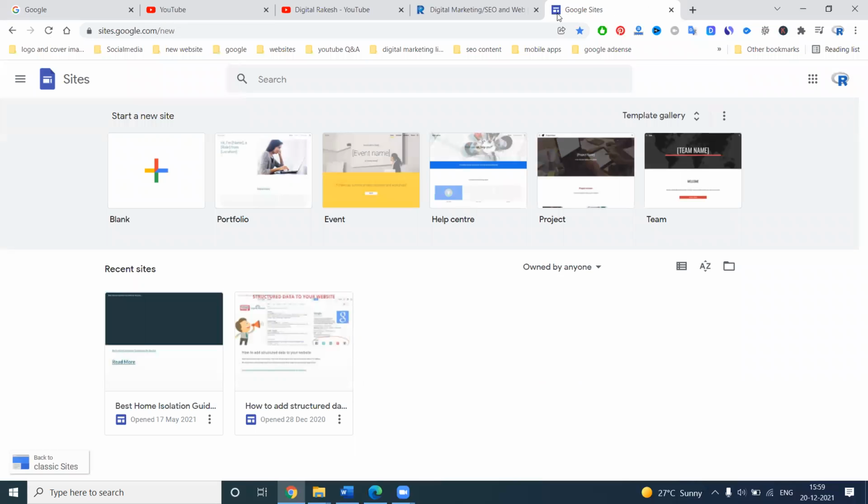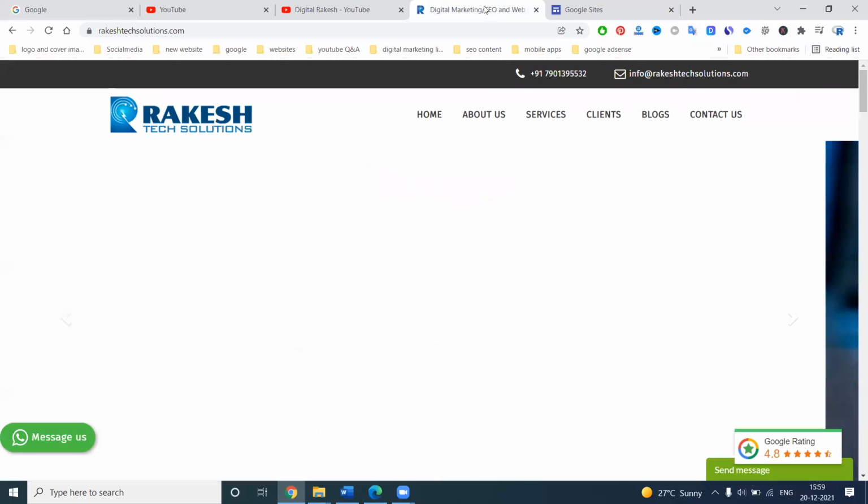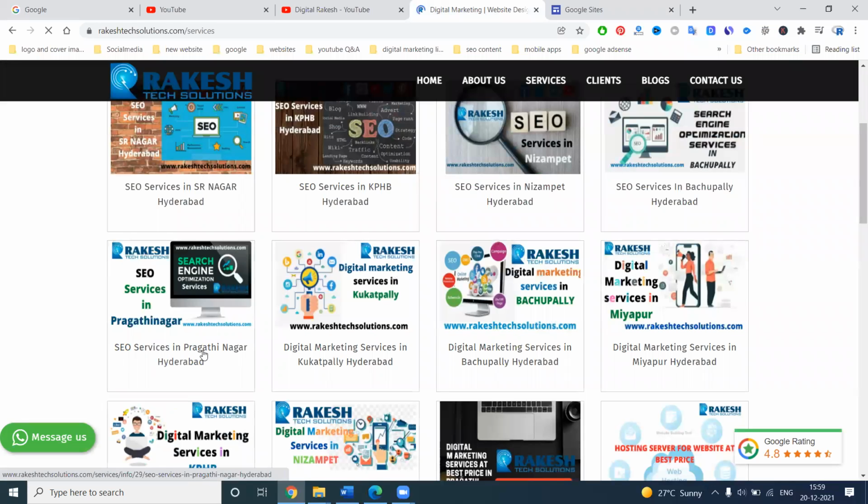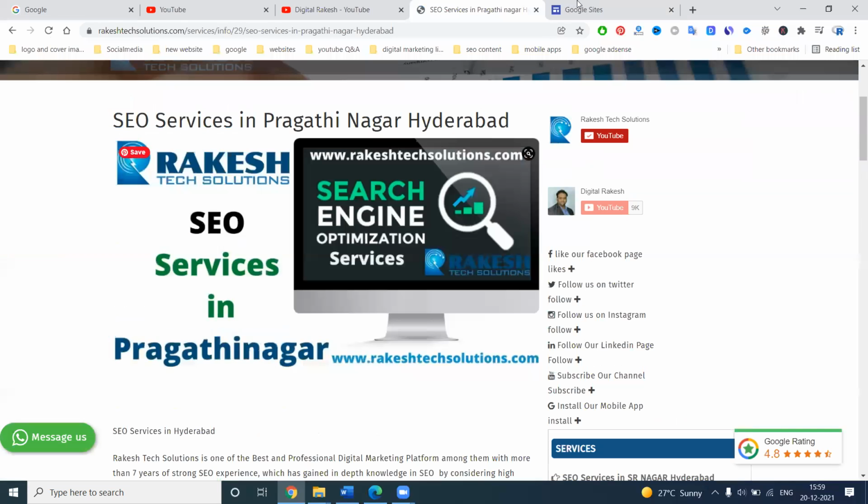On this website, there are two variants. The first one is for keyword building purposes. This is the same as a Blogger website and a WordPress website, free WordPress and Blogger. Most people use this only for keyword building. So now we can click here on services, which is the option you mostly follow. Select this option.